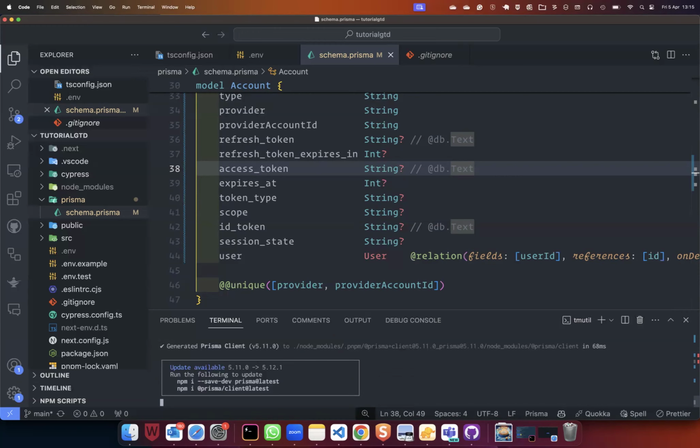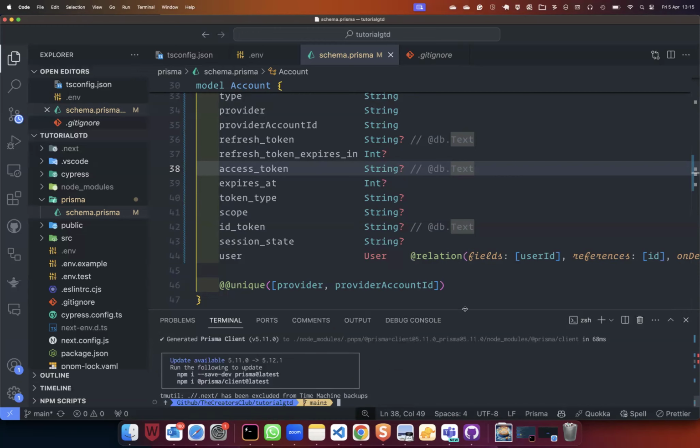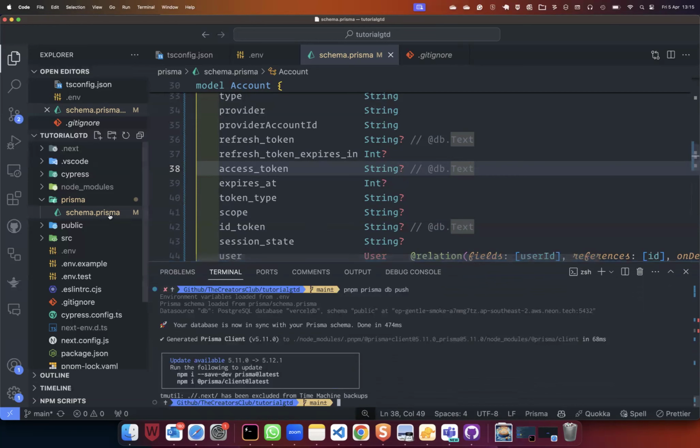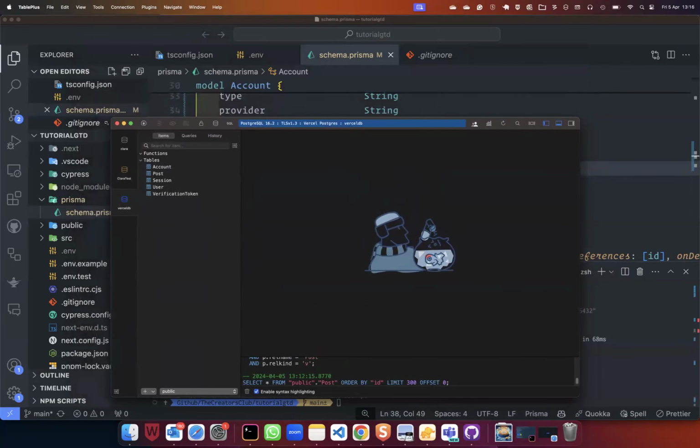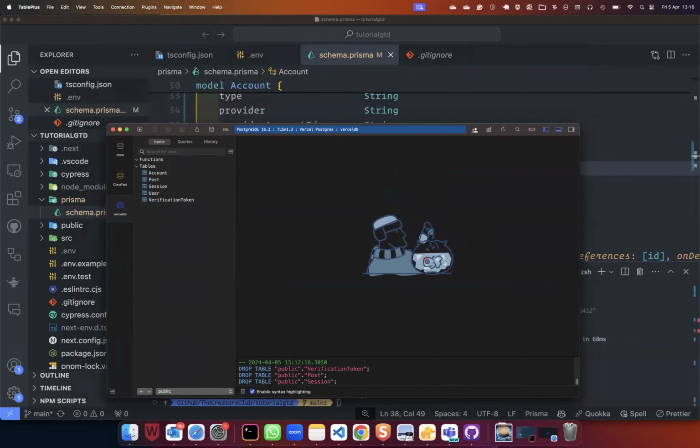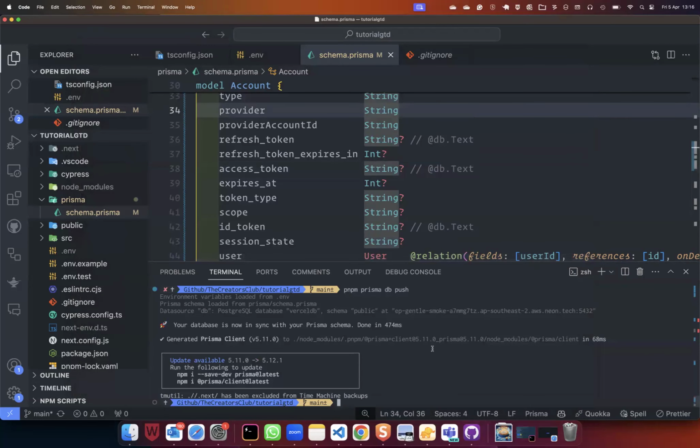What it does, it will now save everything in your database. Okay, it's quite smart. It's actually using the same environment variable that we have created, and it just runs really well. If I now refresh this tool that I'm using for tables, you can use any. There are even plugins for Visual Studio Code that you can use to manage your database, but just trust me on this. Now we have those tables. So running this thing again, pnpm dev,